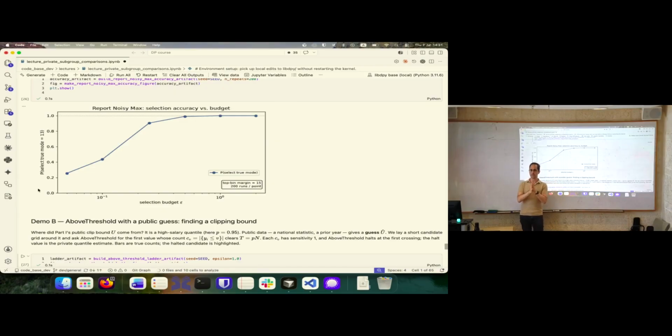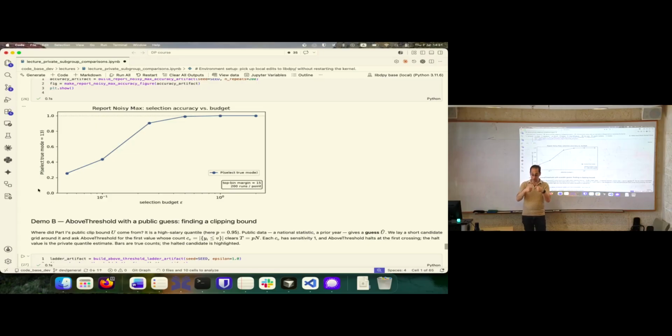But above threshold has the following interesting property. Above threshold has the option of issuing many queries and yet paying only for one. If you have a stream of queries and you think most of them are, let's say, small, it doesn't matter what the value is, because I can always say I have the query and I have a guess.